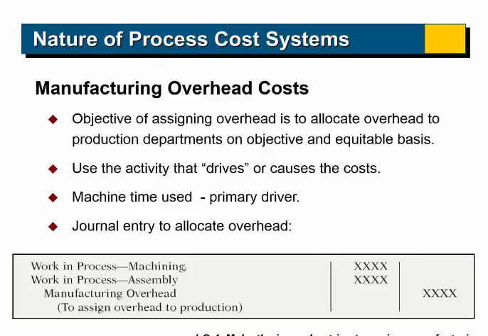So here with our manufacturing overhead, based on our predetermined overhead rate and the number of hours machines have been used in WIP machining and in WIP assembly, they are going to get so much allocated into them. So debit WIP machining, debit WIP assembly, and then the total of that gets credited out of the